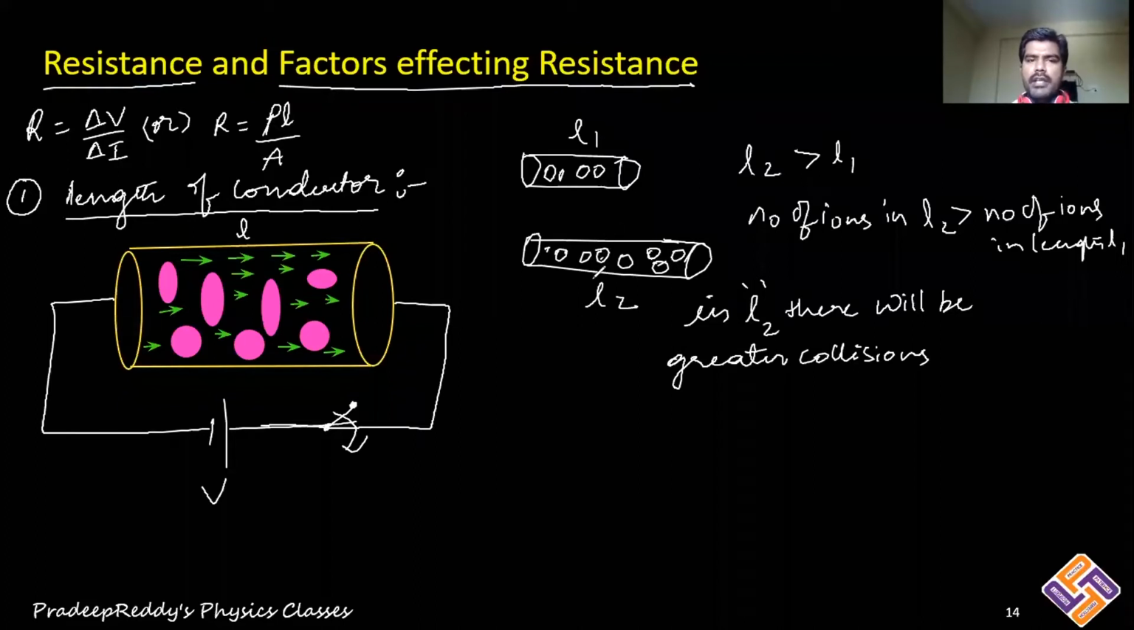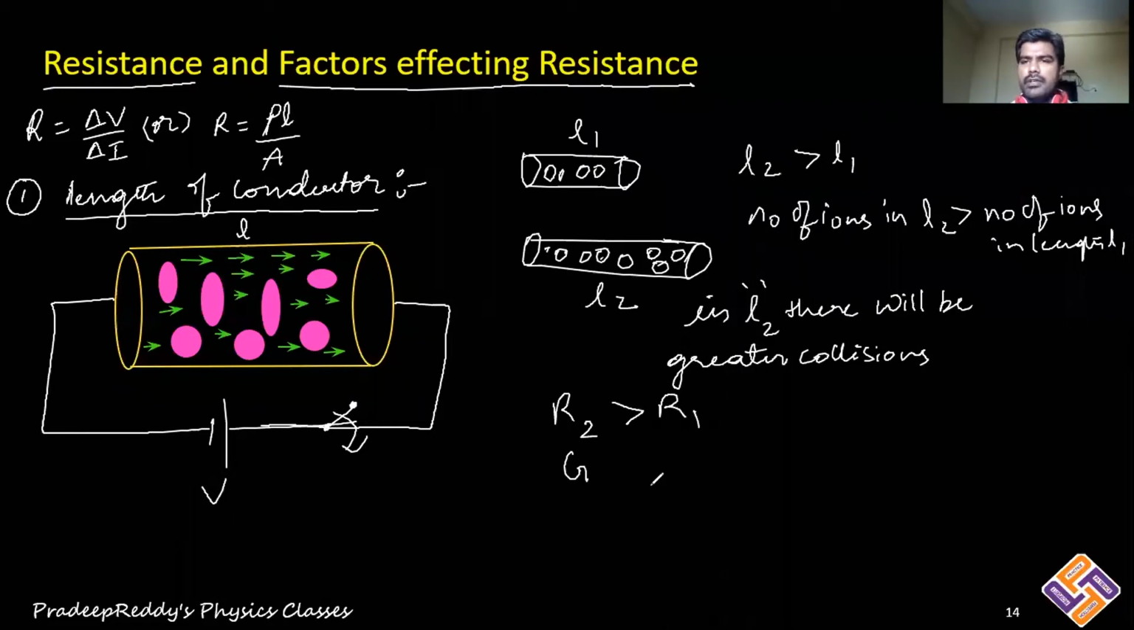Because in case of length L2, there are more ions, the electron needs to cross through more ions when it is drifting from one end to the other. As the number of ions increases, the number of collisions also increases. As the number of collisions increases, the opposing property to the current flow increases. Because of that, in length L2, the opposition for free flow of electrons is greater than that of length L1, so clearly we can tell that the resistance of the conductor R2 is greater than the resistance of the conductor R1,